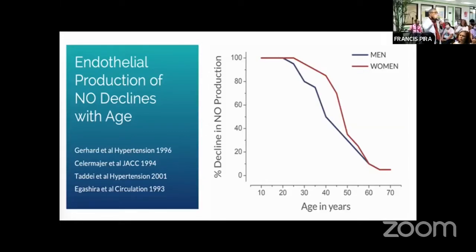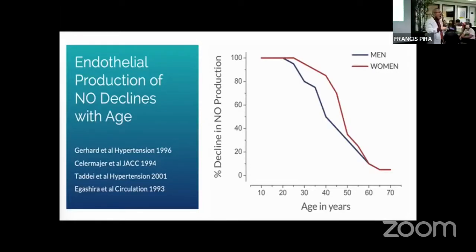What did I say? The health of an individual can be measured by the health of the endothelium of the blood vessels. Repeat that again. The health of the individual can be measured by the health of the endothelium of the blood vessels. So that is it, no? So let us prevent aging. How do we prevent aging? Let us take our flavonols. Did you see now the importance of flavonols? Yes. Thank you very much.